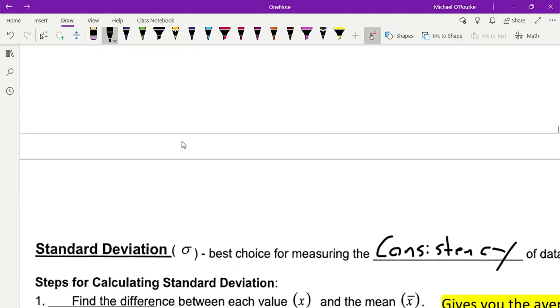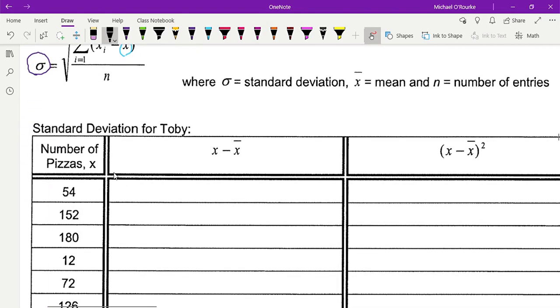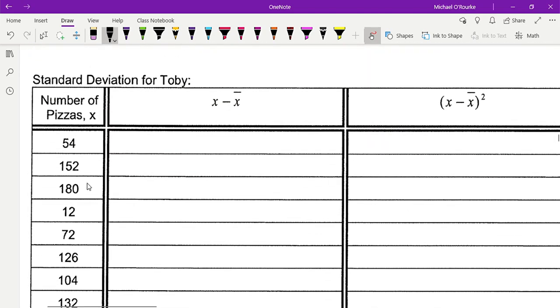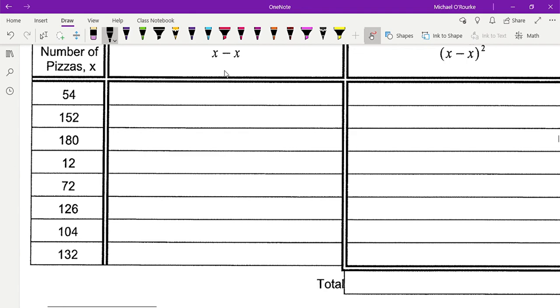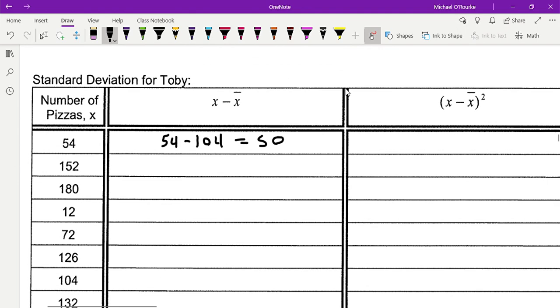Like if you look at the chart, aren't those all the data points? Yep, correct. We put them here so you could work it through. So then for this one, I would go 54 minus 104 equals negative 50. Okay? Then on this side,